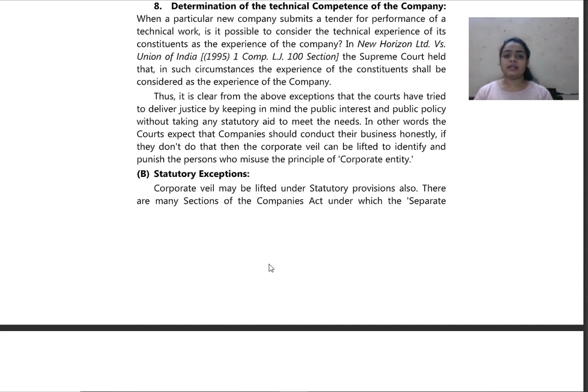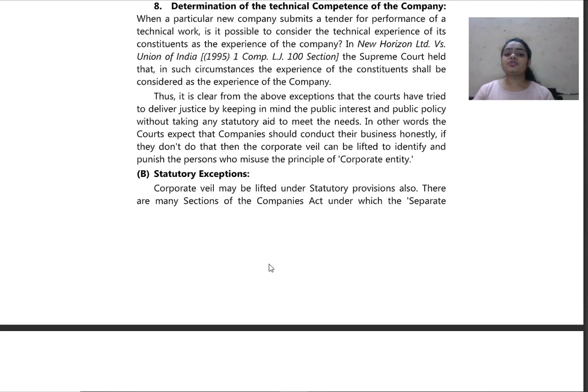principle of corporate entity. So when the corporate veil of this case was lifted, they found that it is important to punish the persons behind this misuse, the people who are misusing the principle of corporate entity, because it is very important to know that the public interest or the people in the public are more important for the company to function. Hence, the court, while delivering any kind of justice, shall see to it that public interest or the public confidence is not being harmed by the people.